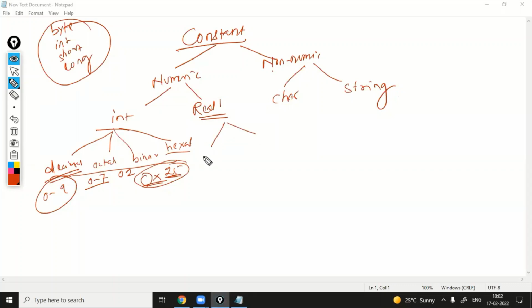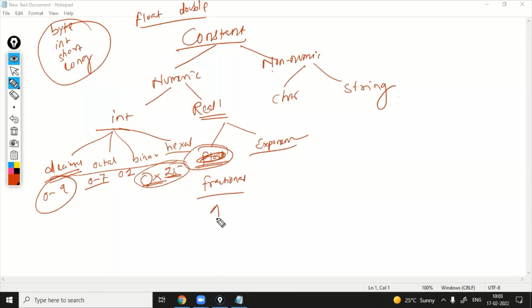It can be float type, or you can say double, as declared for data type. But here I am not going into float. Here, how to declare: either I can present it in fractional form, or in exponential form.